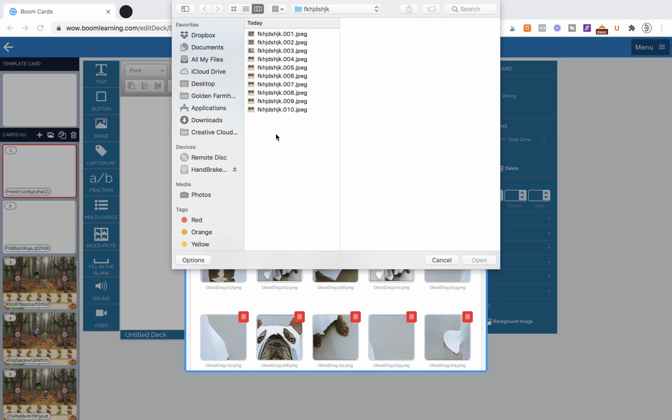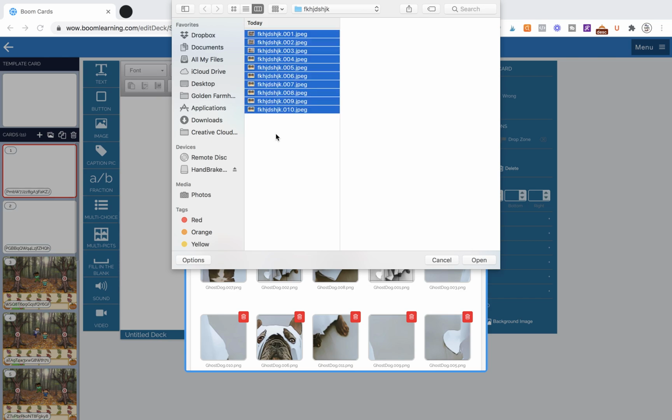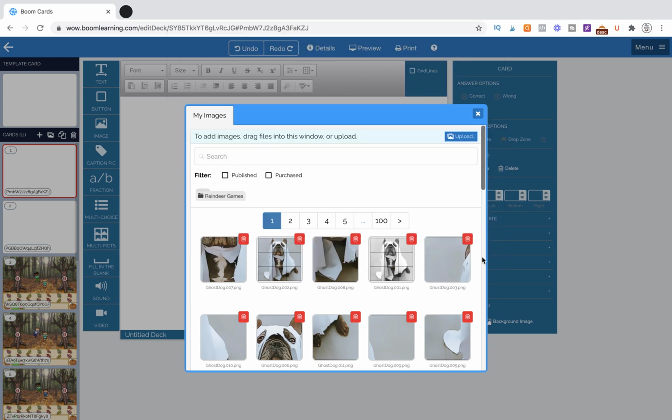So how you can import them all at one time is using a keyboard trick. So I'm going to do Command A on my keyboard, and then it selects all of them at one time, okay? And I know that they're all selected because they're all in blue. So now I can just hit Open, and it's going to grab all of them at one time,